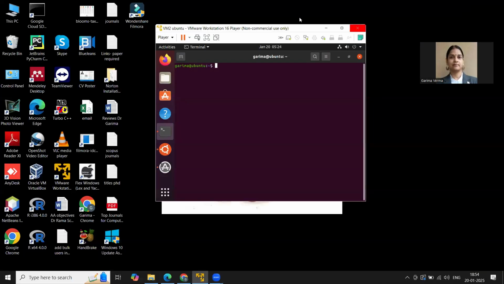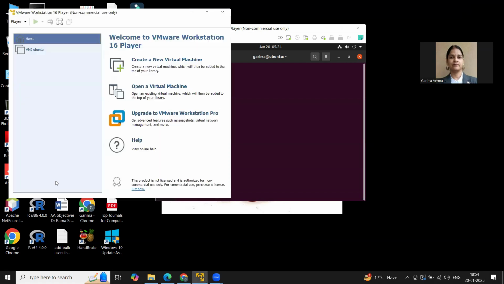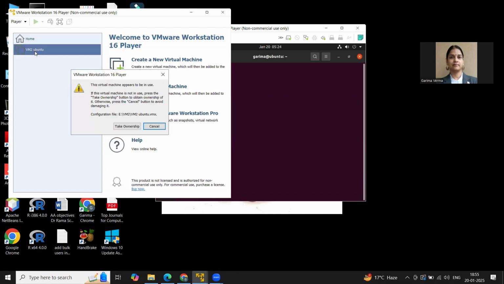Now, when you go to the lab, you will see that there is a software, VM, installed in your lab. You'll double click on this software, and after that you will see the virtual machine for Linux created in your lab.